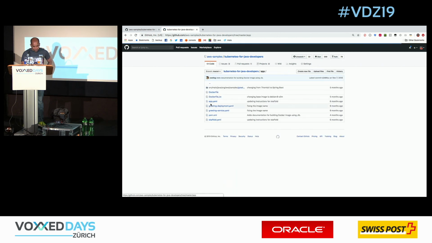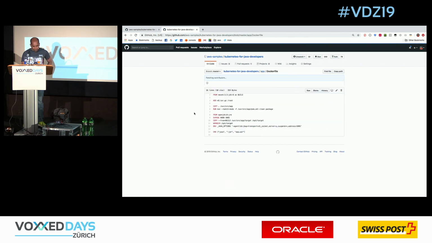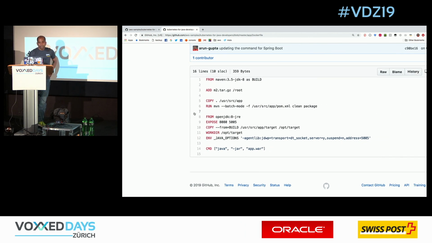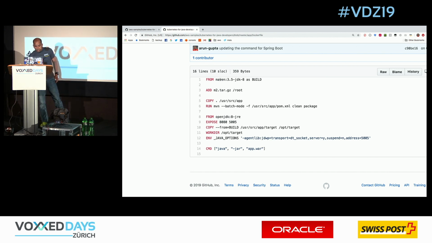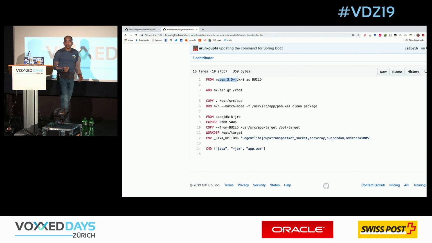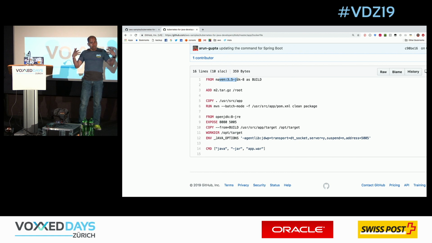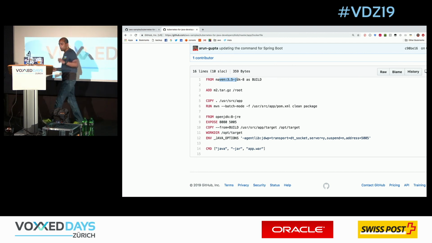And if I go to app and I look at my Dockerfile here. So in this Dockerfile, I've created m2.tar.gz already, and I put that into the root of my container. Now the base image I'm using is Maven 3.5 JDK 8. So what I'm using is Maven 3.5 as my base image, and then I'm saying take that m2.tar.gz. So that with every run, I don't want you to download the Maven repository from the internet or into my Docker image. So that keeps my Dockerfile lean.